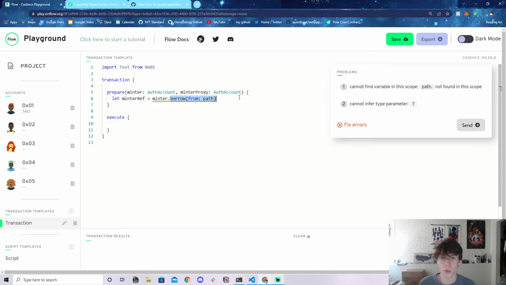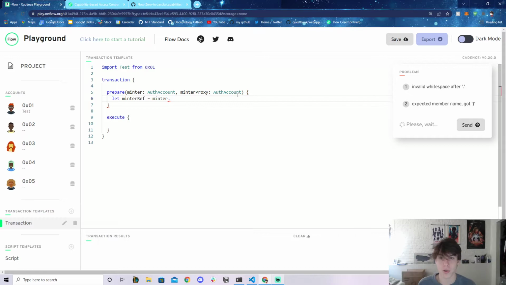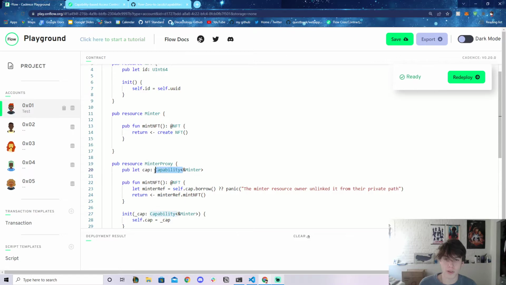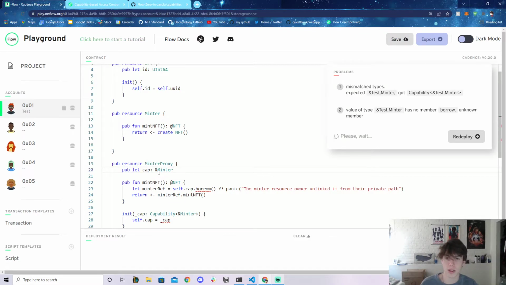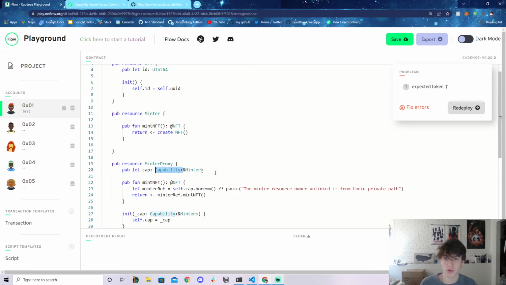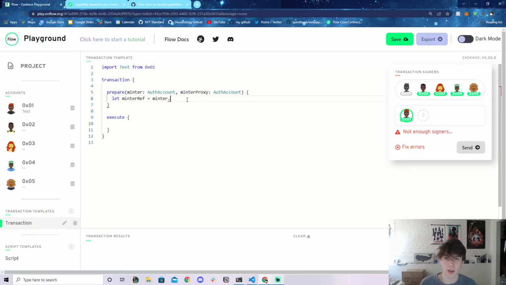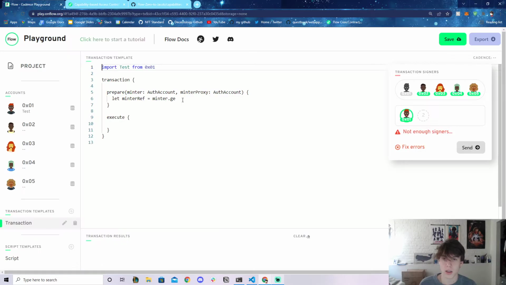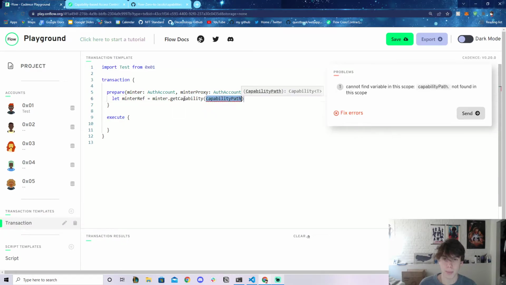actually not dot borrow. We are getting a capability. Remember that. So I'm glad I made that mistake. So we're not borrowing the minter from storage. We're getting a capability to it because we need to pass in a capability here. Because remember, you can't store references, right? You can't store references in a resource. So we have to store a capability itself. So we can't borrow it. We're going to say minter.get. It's not giving auto. So minter.get capability